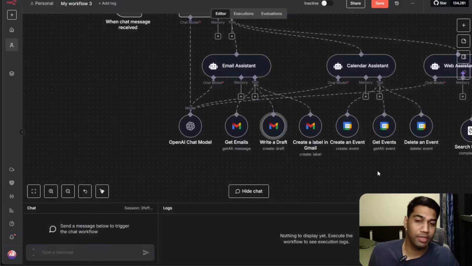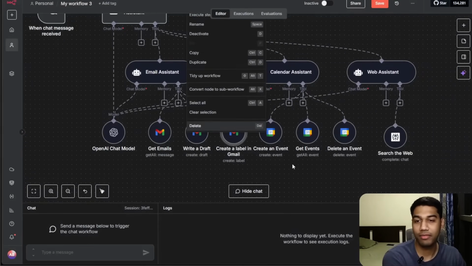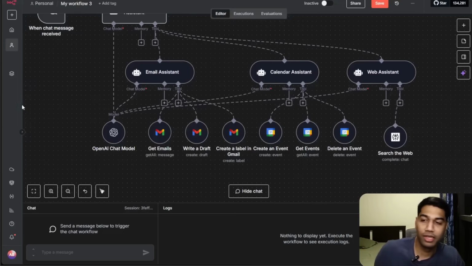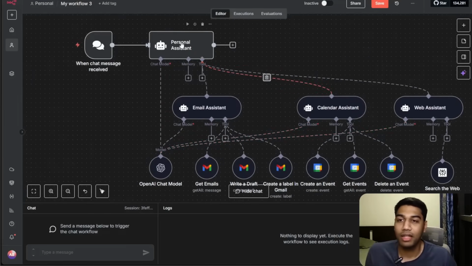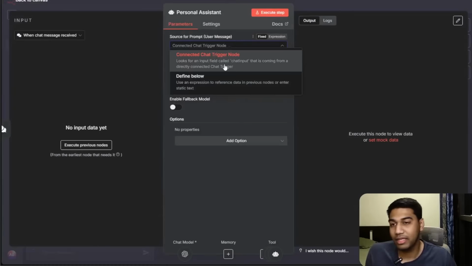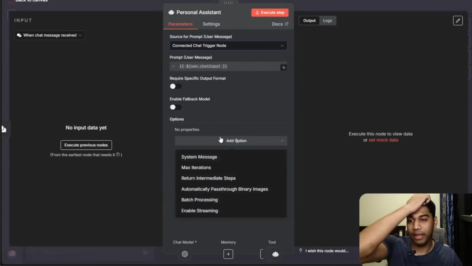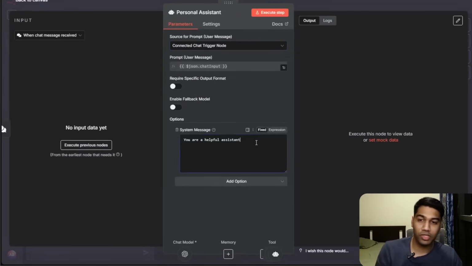And then create a label is fine in Gmail. Instead of Gmail, I'll keep a Gmail because it might just be okay. Other than that, now we come to the personal assistant, and instead of connecting the chat trigger node, we also come here, and as you remember, we go to the system message and say here,